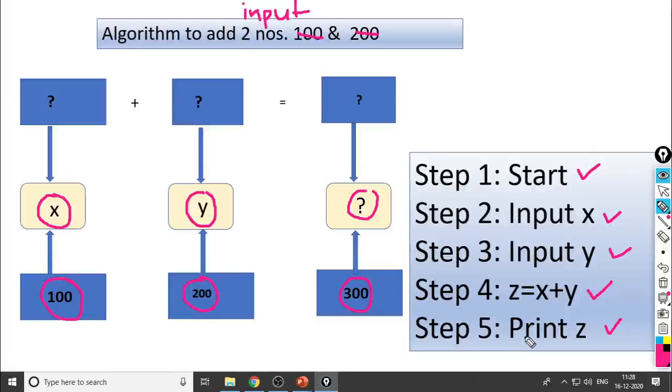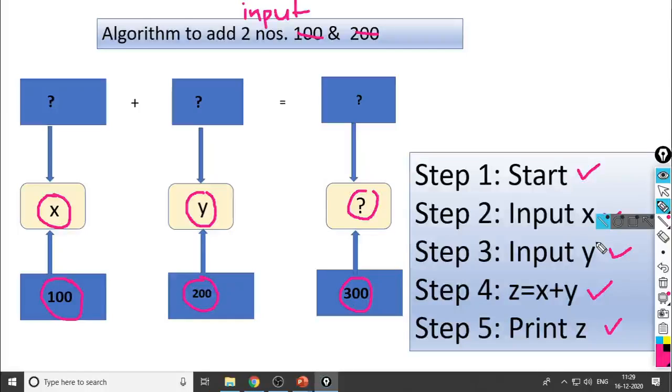So what is the difference between the previous slide and this slide? In the previous one, we saw addition of two numbers, 100 and 200. These numbers were fixed. In this example, we are going to take input from the user. How many numbers do you want to input here?